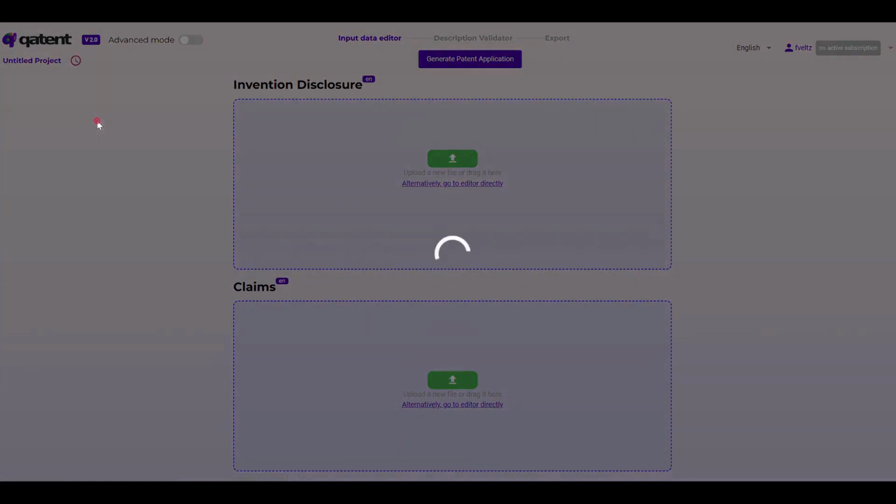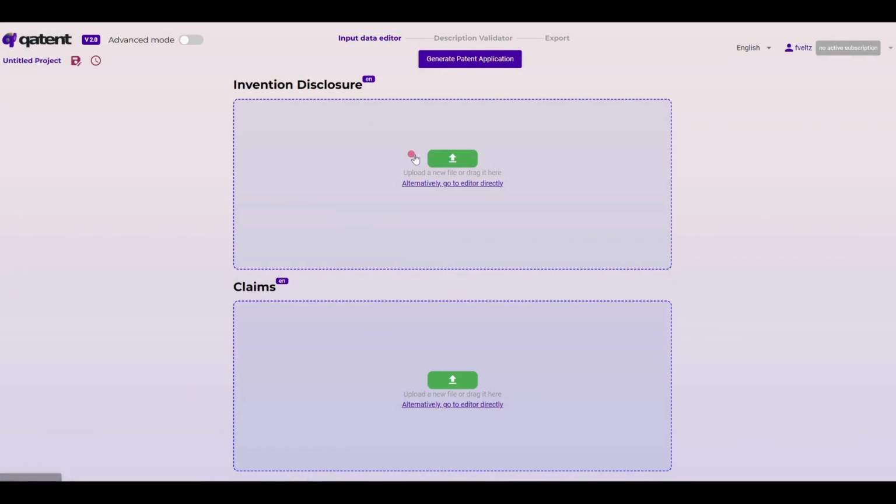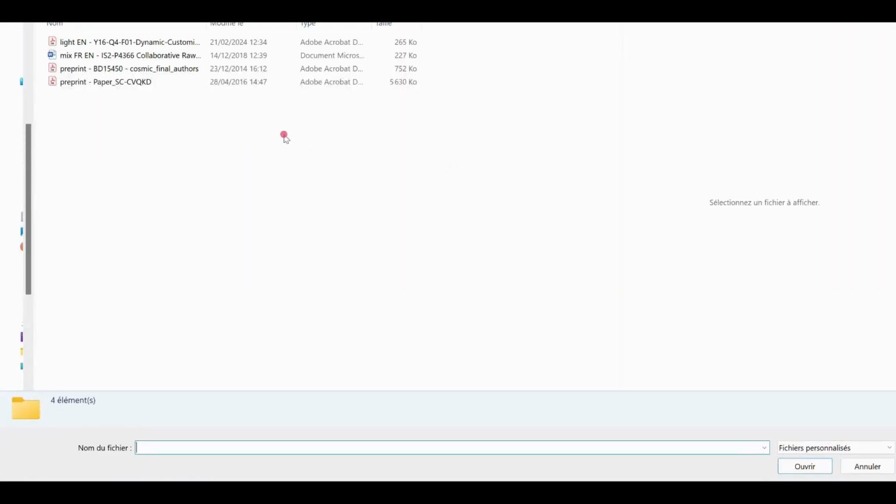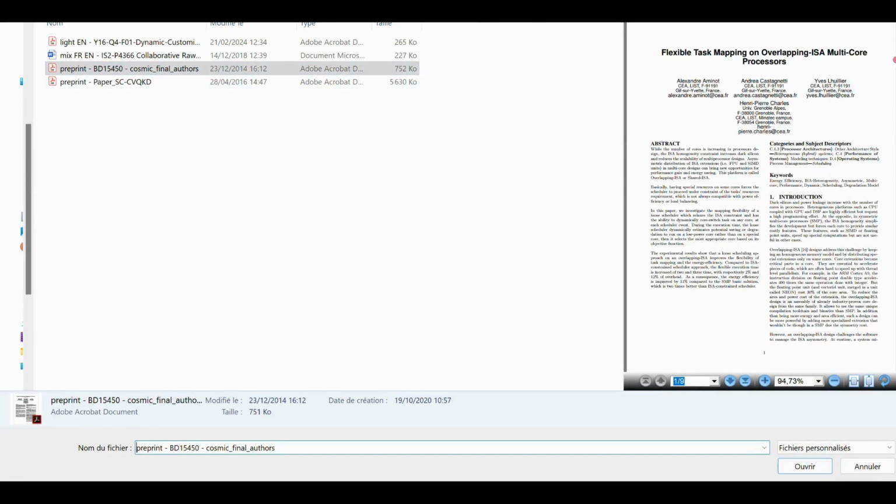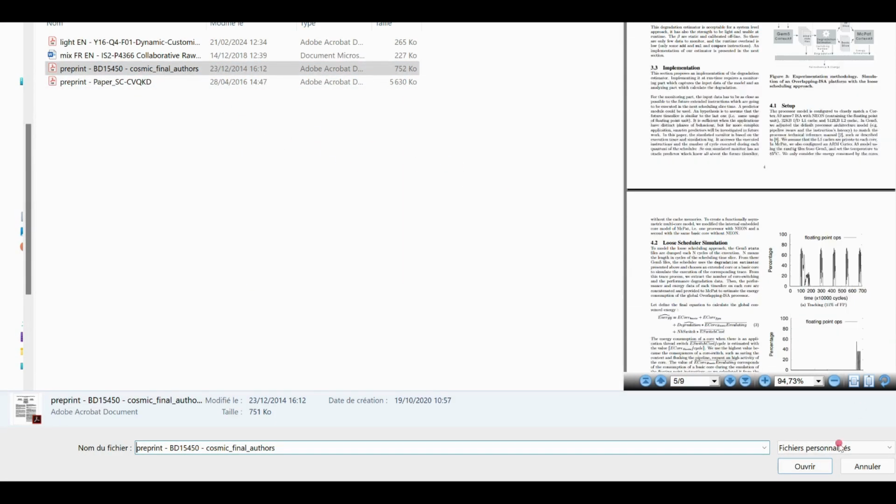Now I will open a new project and I'm going to generate from Invention Disclosure. You can generate from Invention Disclosure and/or claims. If you provide claims, they do supersede the generation of claim trees proposed by the system. So here in the example, I'm going to upload a PDF which is 9 pages long, and I'm going to